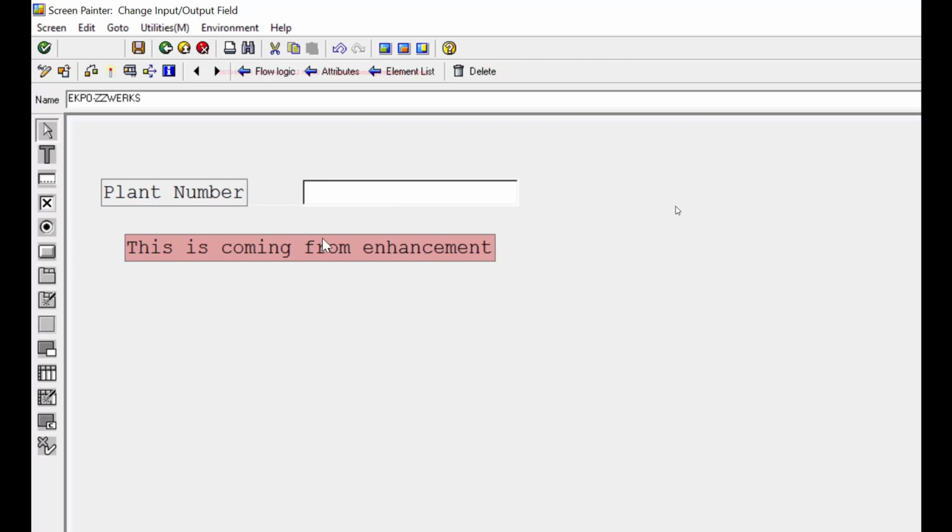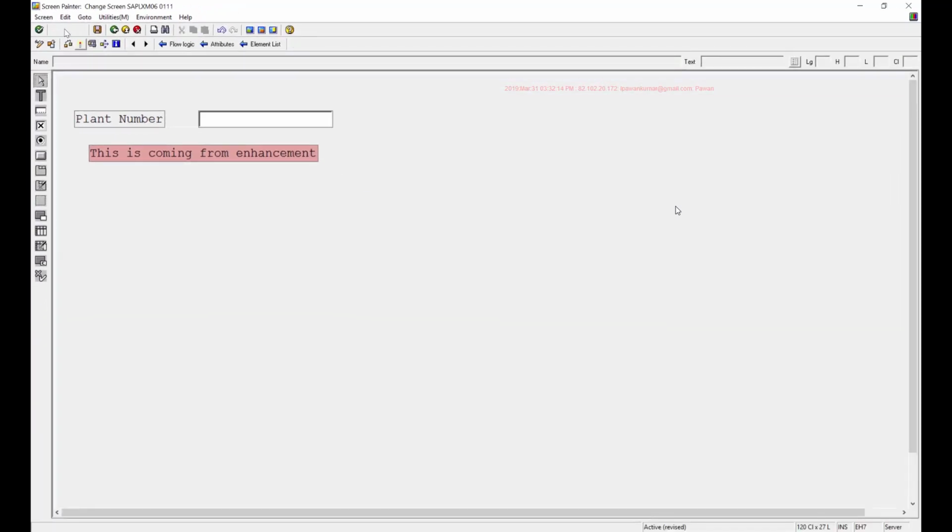Since we are adding at the item level on the screen, then we'll be saving this in EKPO, and which field in EKPO will the data be saved? We have to create one field in this EKPO table and save it in that field, right? So when we are adding our fields to the standard table, we generally use this ZZ naming convention. So you precede your name with ZZ just to avoid conflicts with standard SAP names. So you have to add this field. And how do you add this field? Let me activate it.